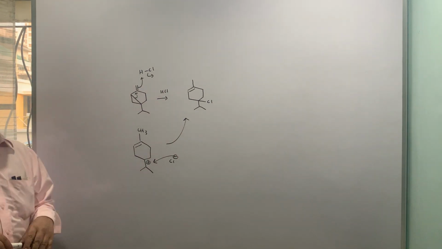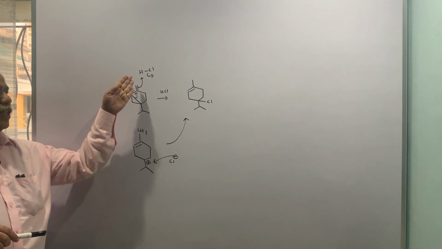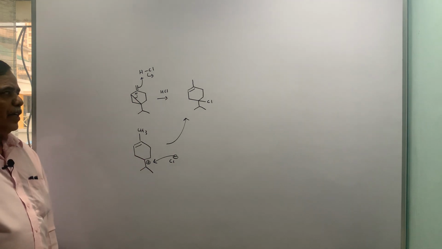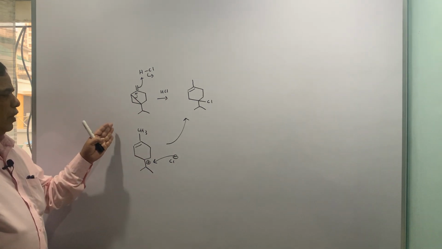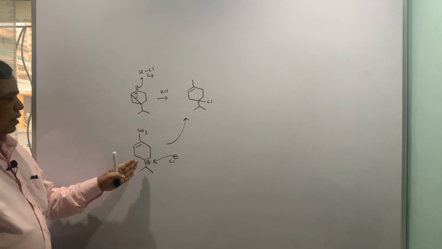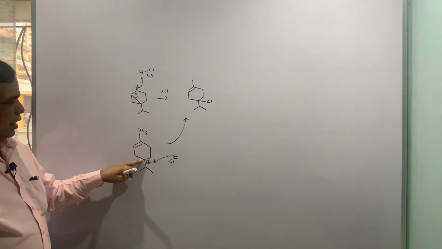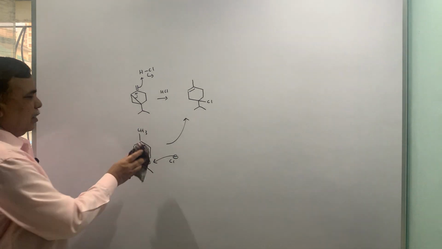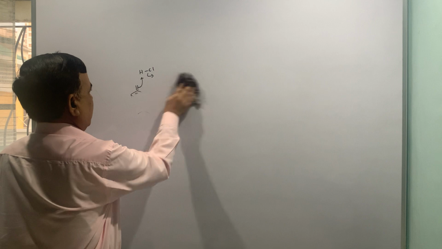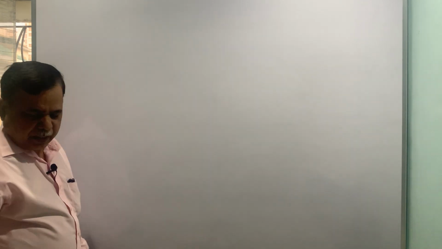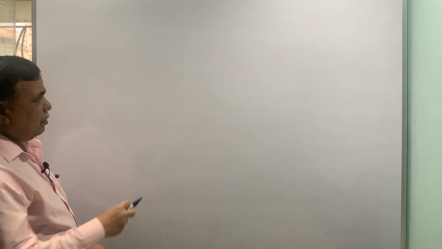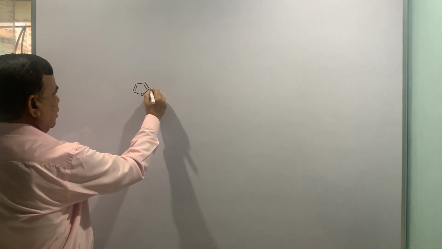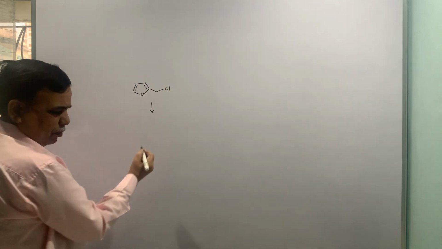So this is the Wagner-Meerwein rearrangement, which is initiated with HCl, and this 3-membered ring being a strained ring system will open up, and the next charge is on this carbon, wherein the Cl attacks and you get your desired product. This is based on the Wagner-Meerwein rearrangement. Now one more question, example. Now this example is so often asked in exams.